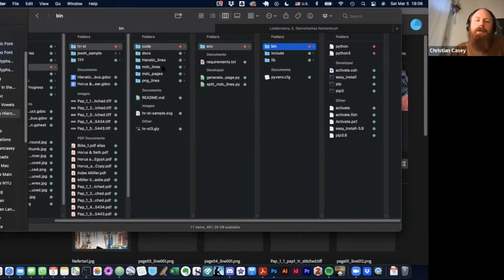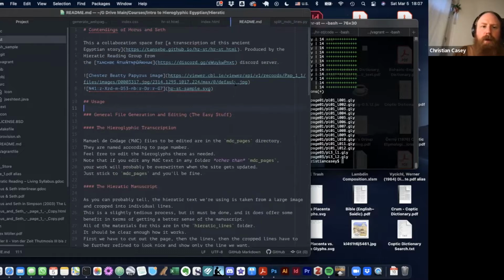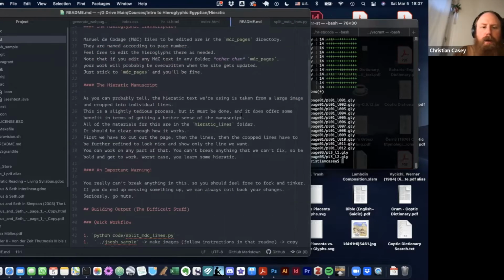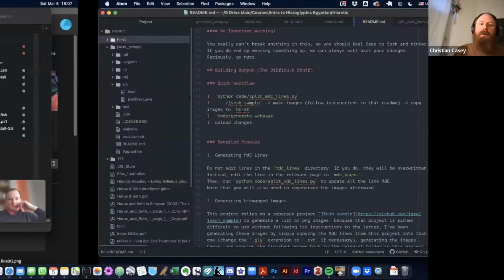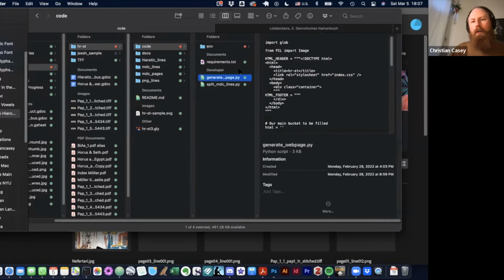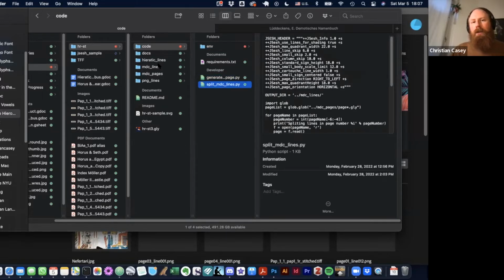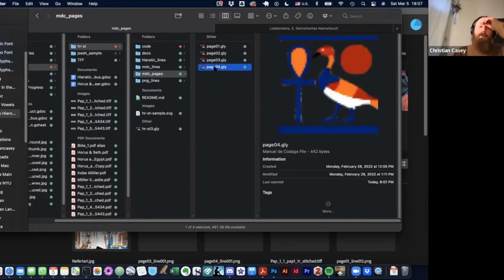Then you have all the files, and I've redone the way things work so that it's as straightforward as I could get it with a reasonable amount of work time. There's a straightforward workflow if anyone wants to use this, but you don't have to. The reason I'm telling you about this is because it explains why things in here look different and why you do the things the way that you do. It's all because there is some code that will split up the lines from when you add a new page in the hieroglyphs. So if you want to go type in, I guess